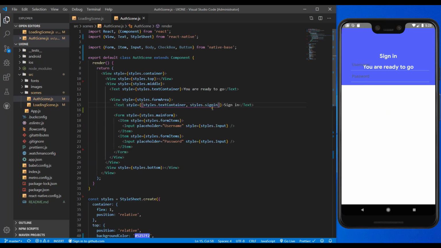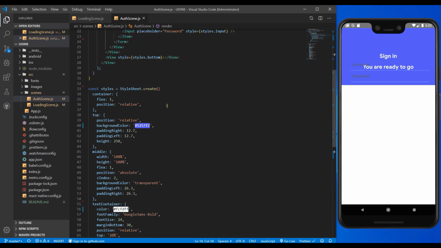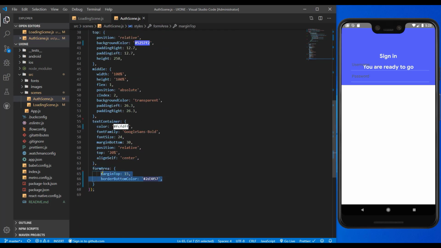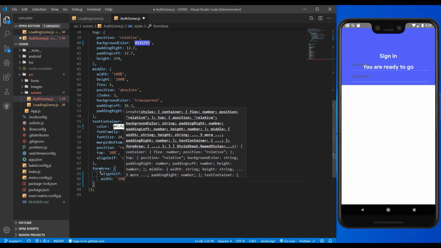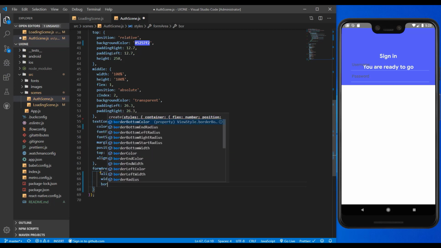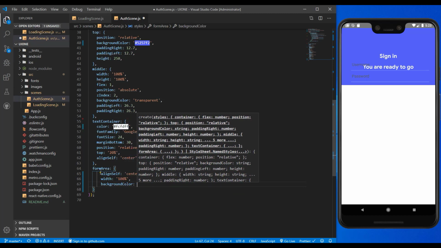Let's style also our sign in. For the sign in, let's style it so above the form. Sorry guys, I'm the one that is compromising things. I just remembered I made a mistake. This is the form area. I didn't focus on it properly, so I'm going to clear that again. Then I'm going to align it to center. I'm going to give it a width of 100%. Going to give it a background color of